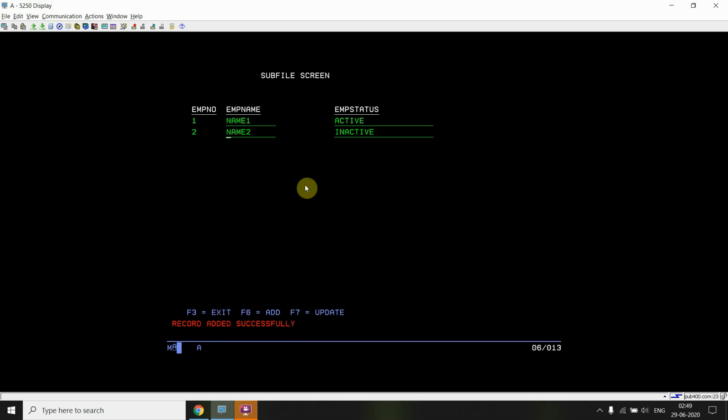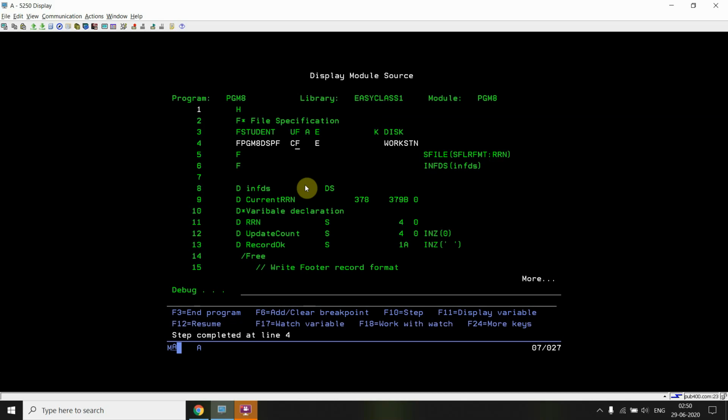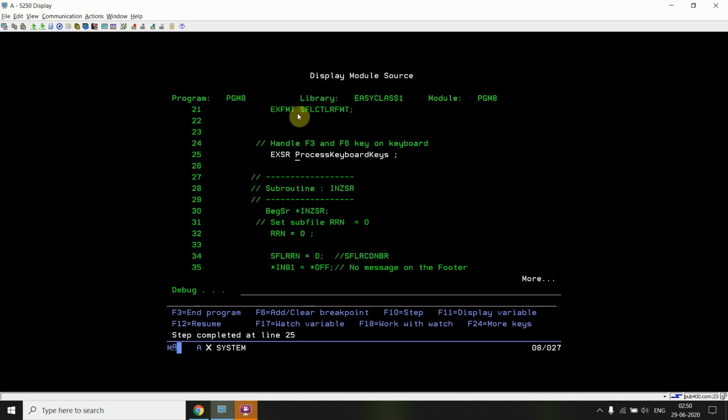We have 2 records. What I'll do, I'll try to change one record. I'm changing this one. So for example, I'm just changing this to this value, and now pressing F7, just to F10.